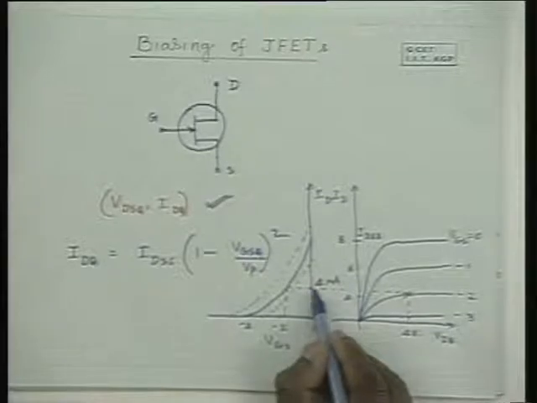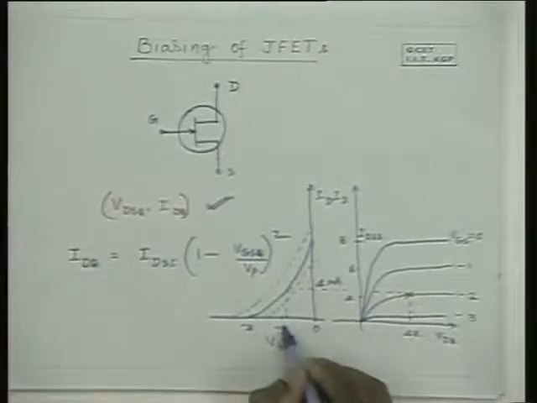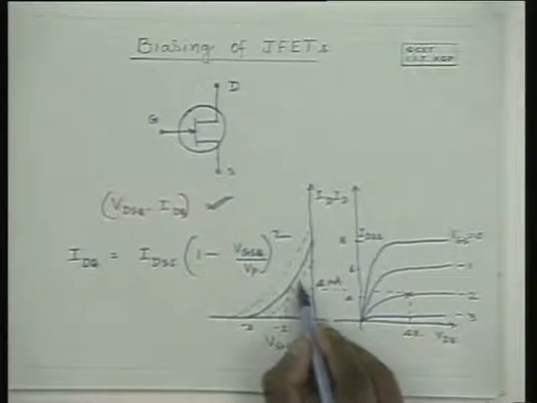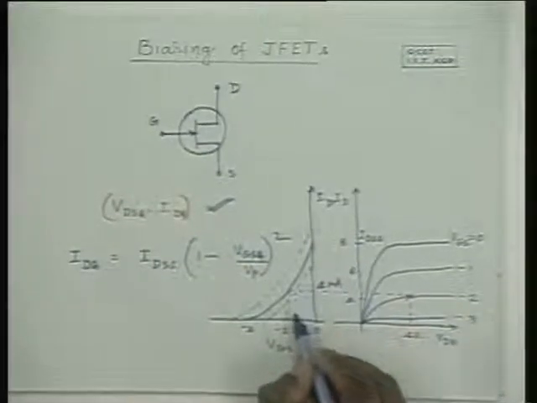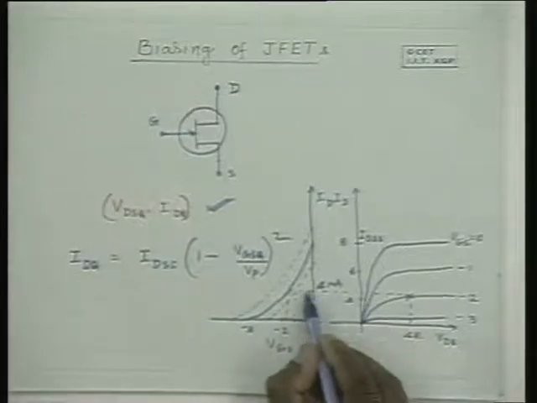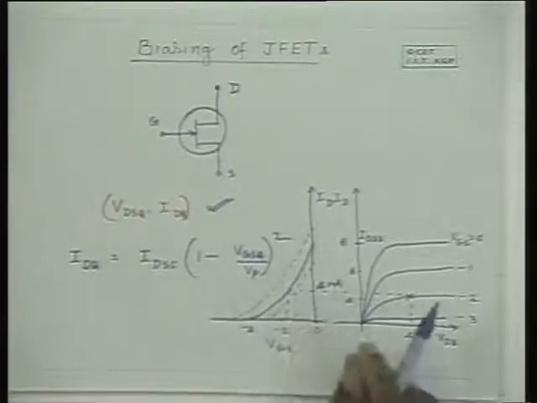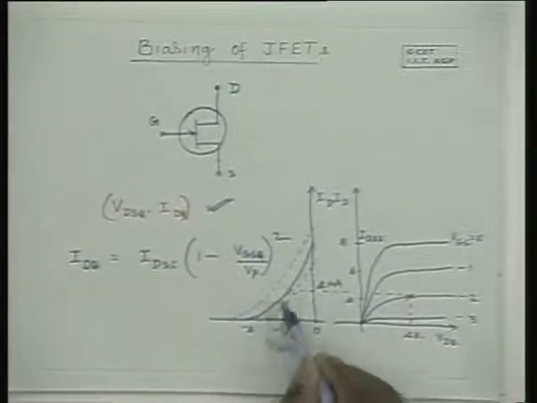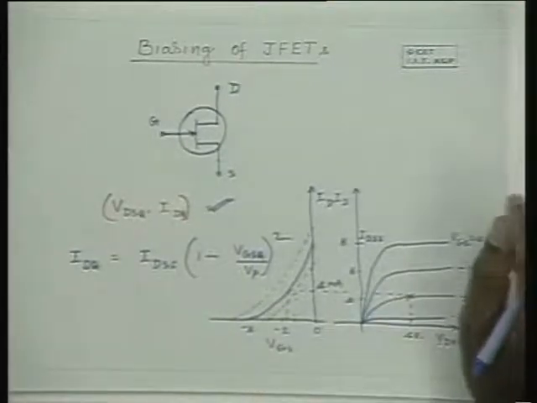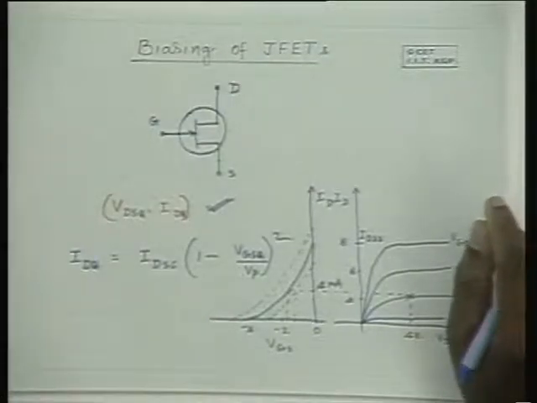Now, if you want to operate it at 4 milliamperes, typically this is the voltage required. For some device, if the device has this characteristics, the voltage required would be something different, and for some other device, the voltage required will be something different. Because of this difference, you have some uncertainty regarding what value of ID you get for a particular VGS. Therefore, this circuit gives you a wide variation with the device.